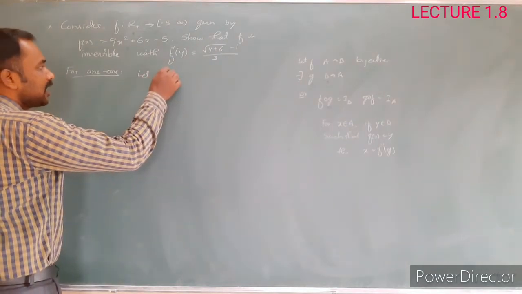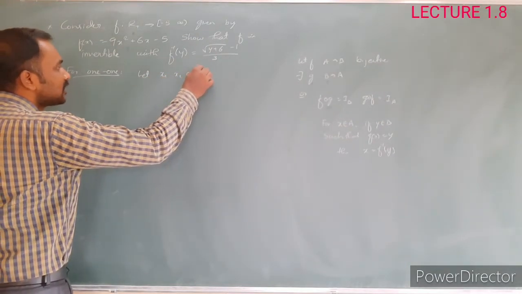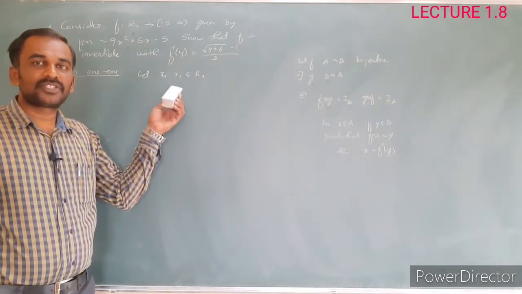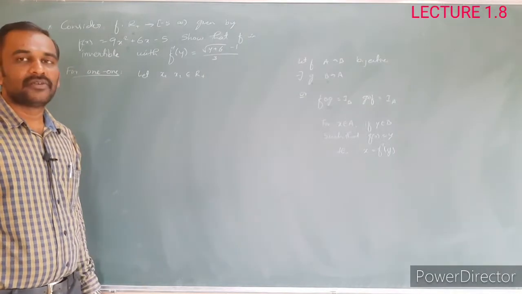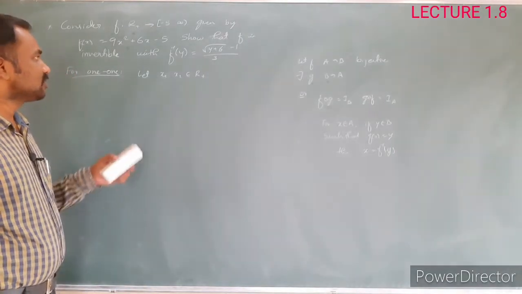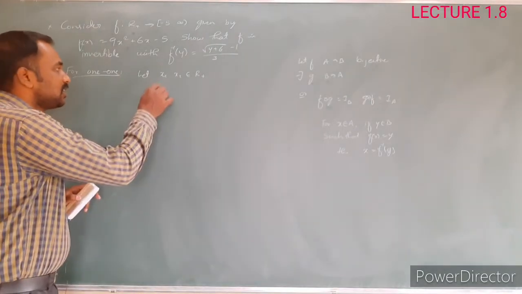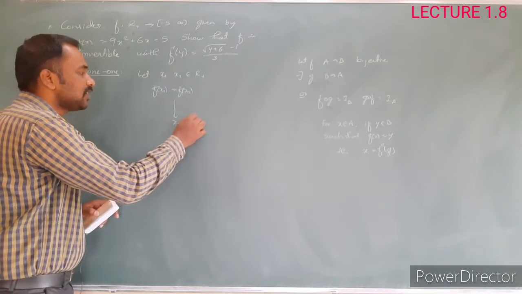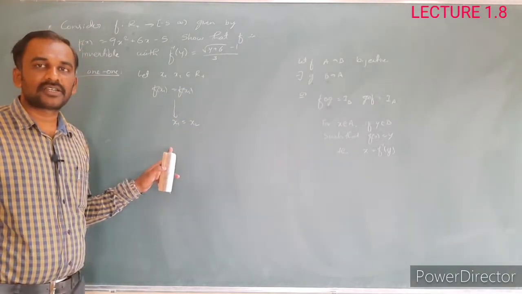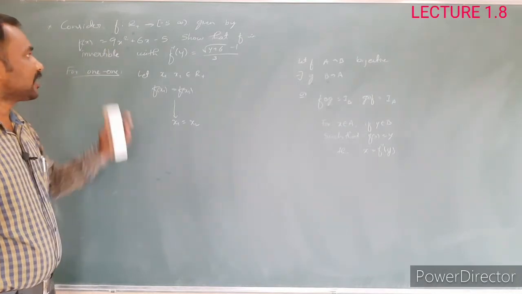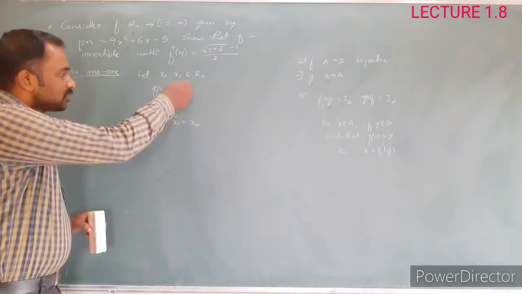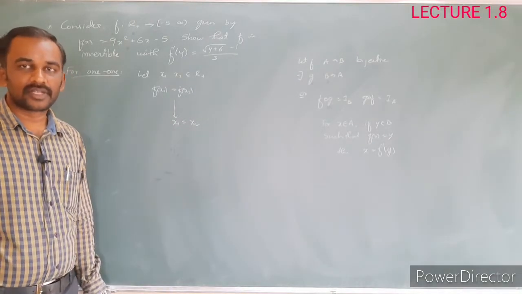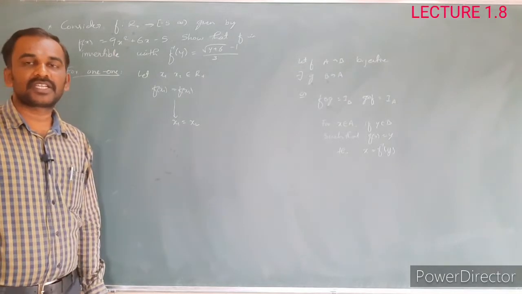Let x1 and x2 belong to the domain set of positive real numbers. Then we consider that f of x1 is equal to f of x2, and simplifying we will get the answer. Here is the problem. After considering f of x1 equal to f of x2, simplifying we used to get x1 is equal to x2, then we can conclude that f is one-one. Here it is a quadratic equation. On simplifying both sides, it is a little bit complicated to get x1 equal to x2 in the same ax square plus bx plus c form.